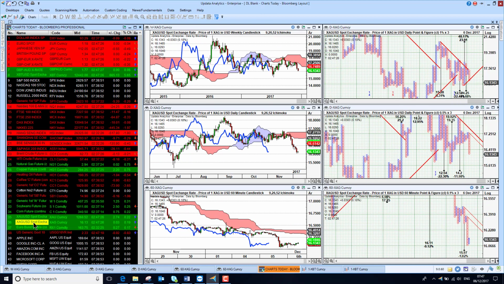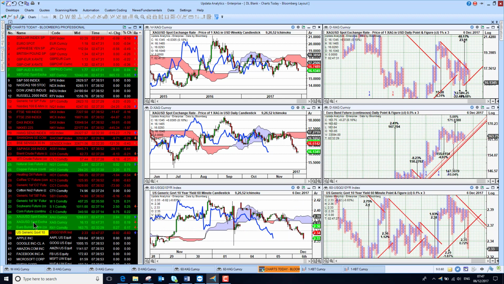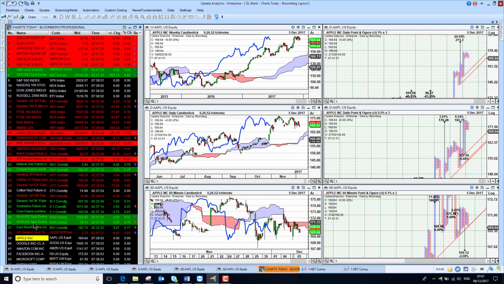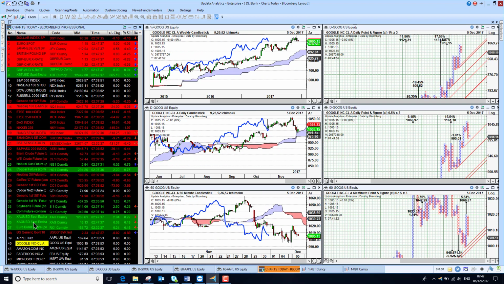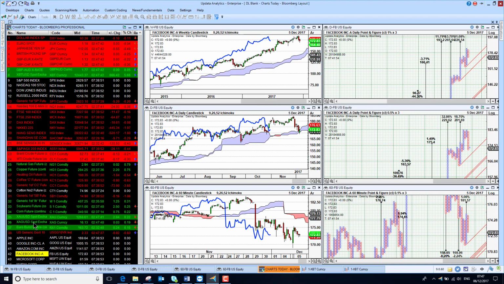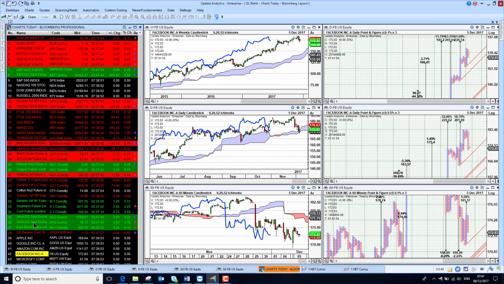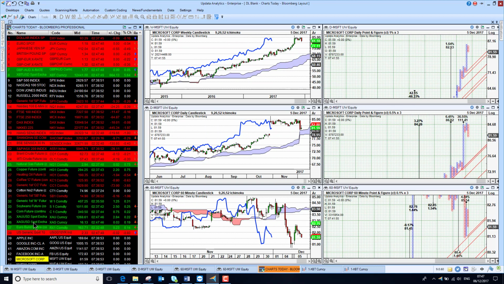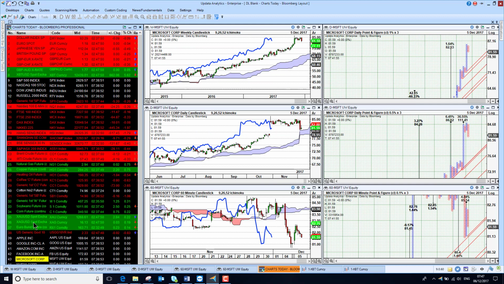Silver also looking bearish, and the medium and long-term charts here clearly bearish, so looking less good than gold. US Treasury yields fell sharply yesterday, sitting at 2.33%. Apple bearish below the cloud. Google also bearish below the cloud. Amazon now bearish below the cloud as well. Facebook gone from the mid 180s to the low 170s, so that's looking bearish. And Microsoft also looking bearish. So a lot of the tech stocks selling off quite